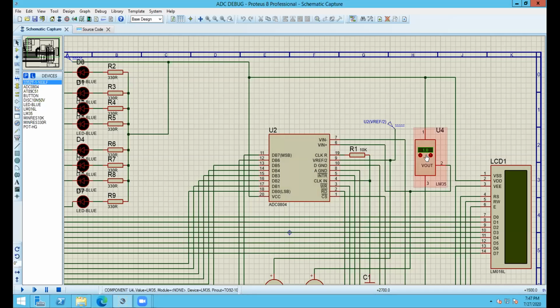And here I am fetching the analog data from LM35, that is a temperature monitoring IC. It has 3 pins, pin 1 for power, pin 3 for ground, and pin 2, which will give us the output of the current ambient temperature in millivolts. So for 1 degree Celsius, you will get 10 millivolts as an output for this particular IC. And similarly, for 100 degrees Celsius, you will get 1 volt as an output. Am I clear?